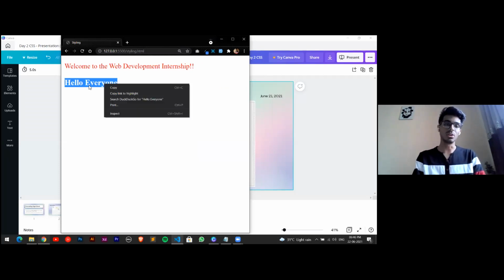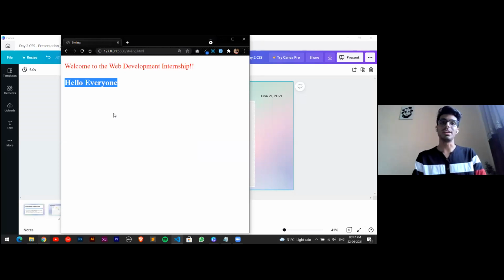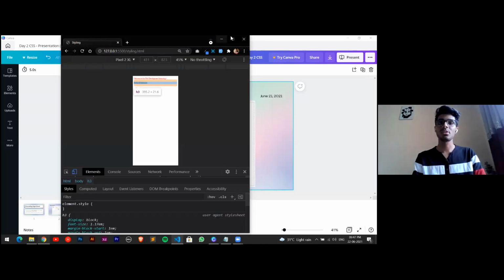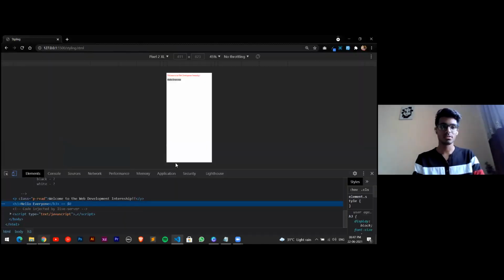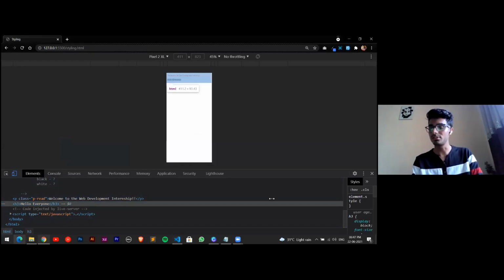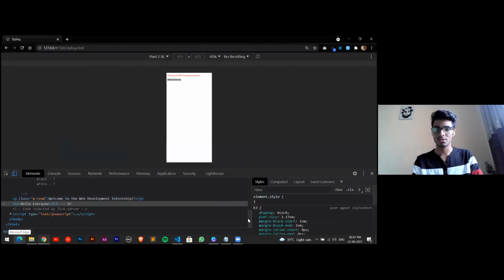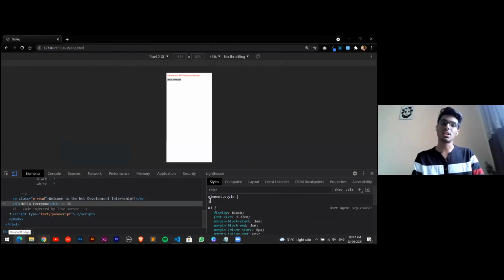So if I just click on this element, click on inspect, just a minute, I'll dock this over here so you'll be able to see. Okay. See here, the default HTML is being provided.